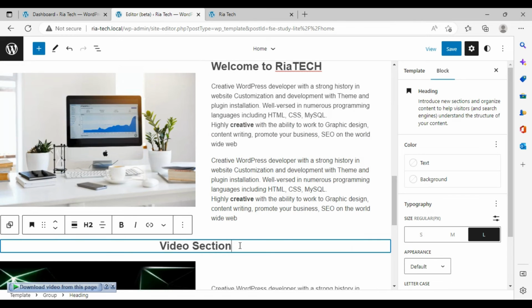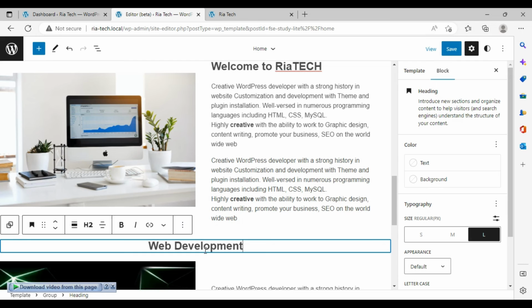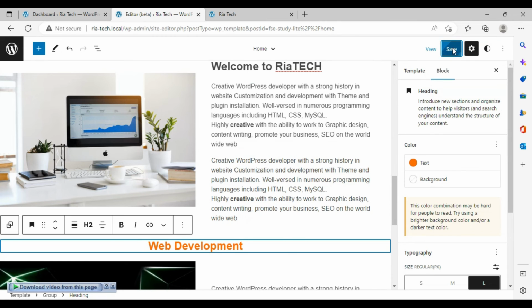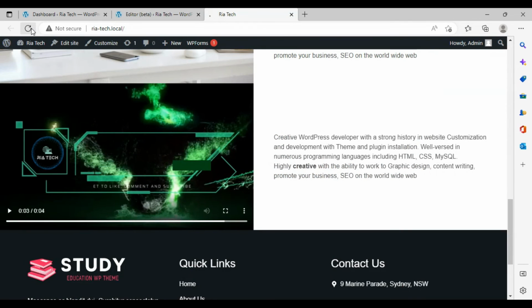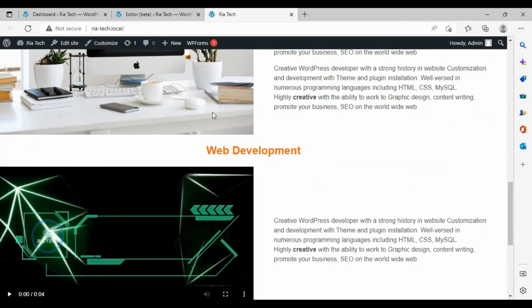Or you can write whatever you want, for example, Web Development, okay. You can also change the color of that. For example, I change that color to orange and click on save and have a look. Now see how it looks now, right? Okay, you can also put a background over here. If you don't know how to put it, watch the previous video so you will learn how to add this,